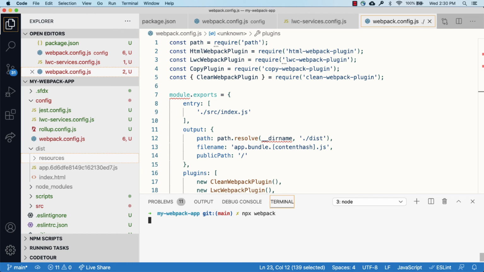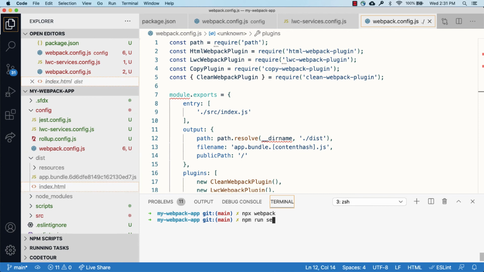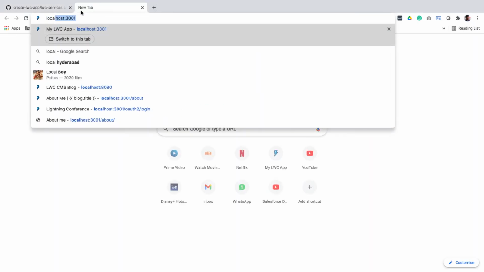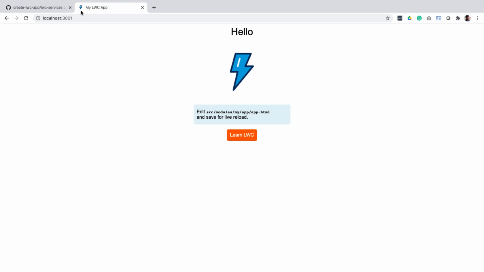And based on that, it builds your project. And in just a bit, you should see the output. Visually, everything looks the same, but notice the JavaScript file's name. It's slightly different because of the configuration that I've given it. Now, let me run the serve script to see if this build done using Webpack and not LWC services works as expected or not. And it does.